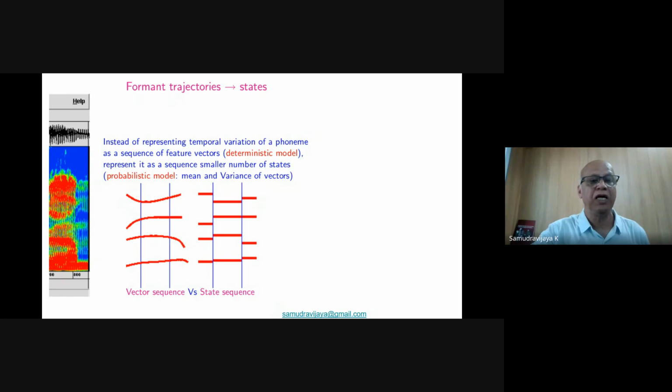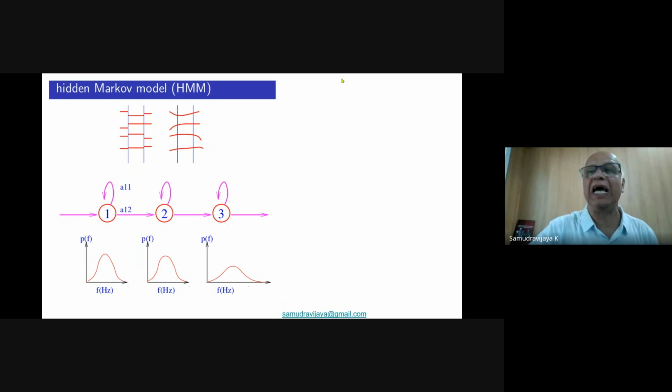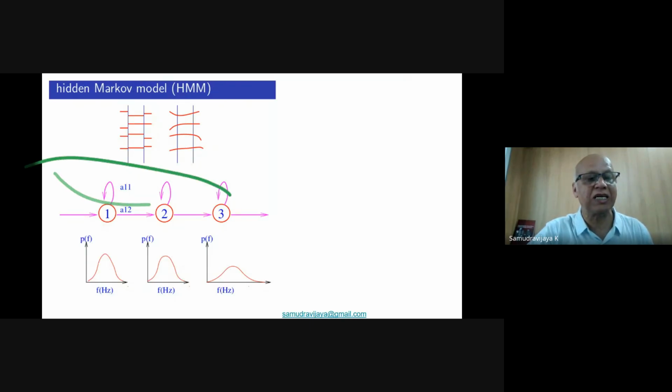The middle part is reasonably steady and doesn't change much over time. The left part depends upon which sound was spoken earlier, and the right part depends upon the next speech sound. So we represent each sound as a sequence of three parts. In a hidden Markov model, they are called states. So each sound is modeled as a sequence of three states. The three states are written down here.